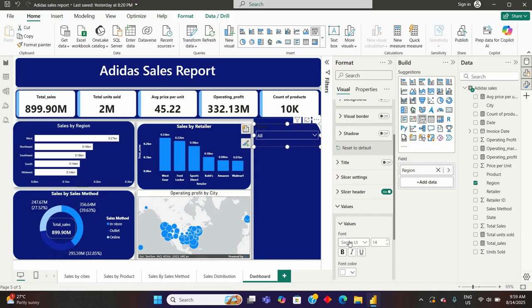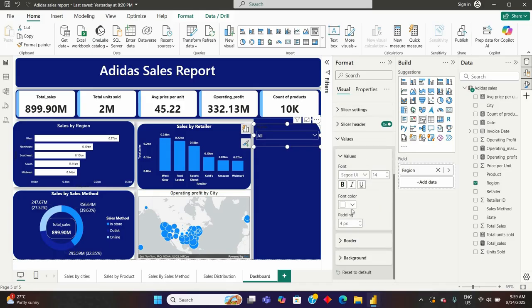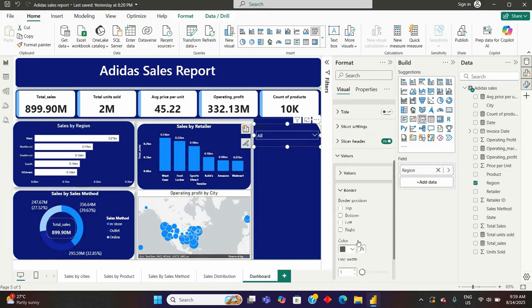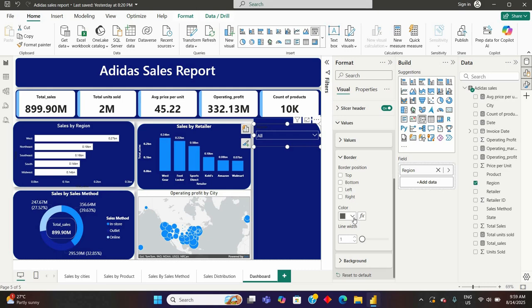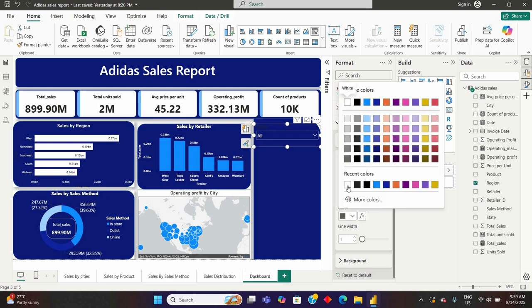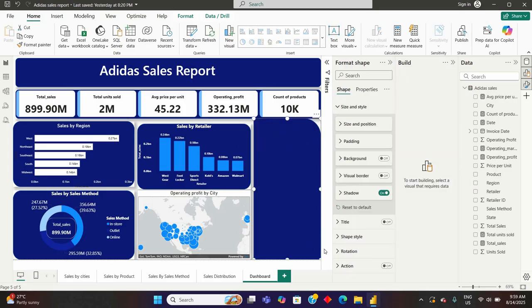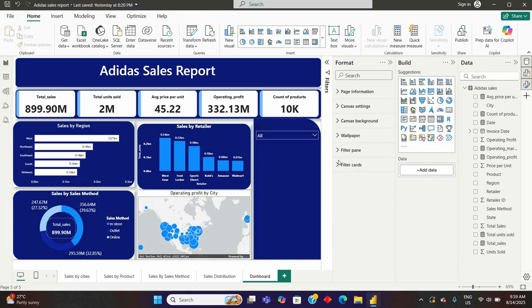It should be in values, but we couldn't find the x-axis. Okay, let's say the border, I don't want any borderline. Will it be white, or okay, let's leave the borderline to be white. So let me tab out, and that's fine,